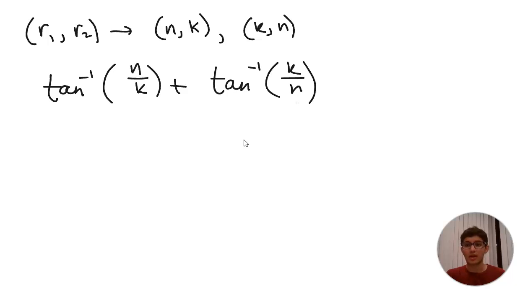N over k and k over n, when you add up the arctans of both of them, you're going to end up getting pi over 2. Right? And that's a very powerful property. So let's keep that in mind. We're going to get pi over 2. And, well,